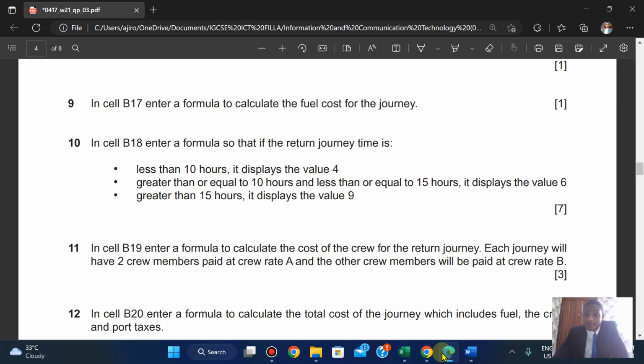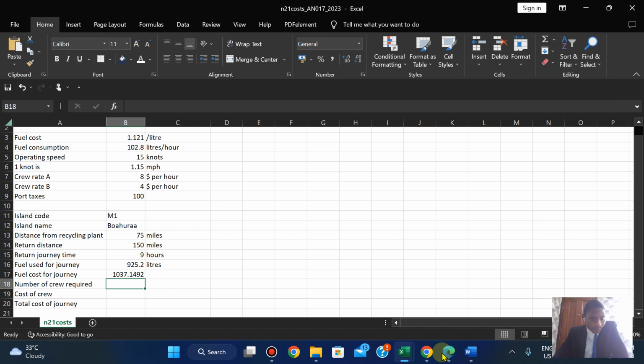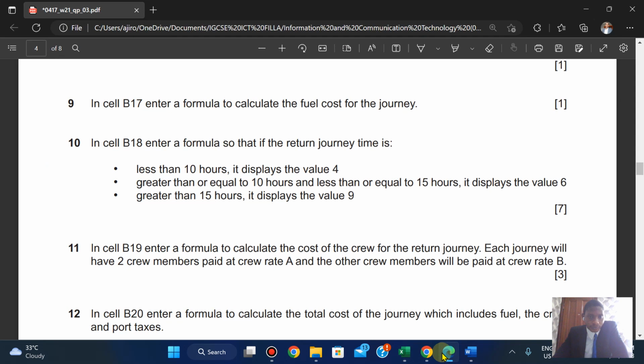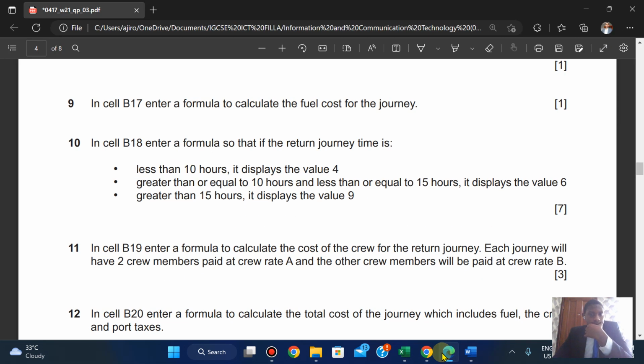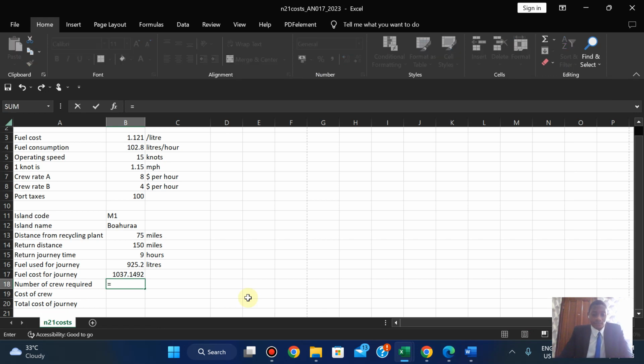Less than 10 hours, it displays the value for return journey time greater than or equals to 10 and less than or equals to 15, it displays the value 6. Greater than 15 hours, it displays the value 9. Okay, so we're going to use an if. So if,